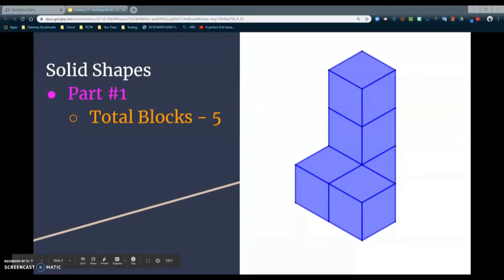Today we're going to take a look at Activity 2.1, building blocks and creating solid shapes in GeoGebra. Our main focus today is learning how to take two-dimensional shapes and extrude them to make a three-dimensional solid shape. We're going to take a look at our first part that we are going